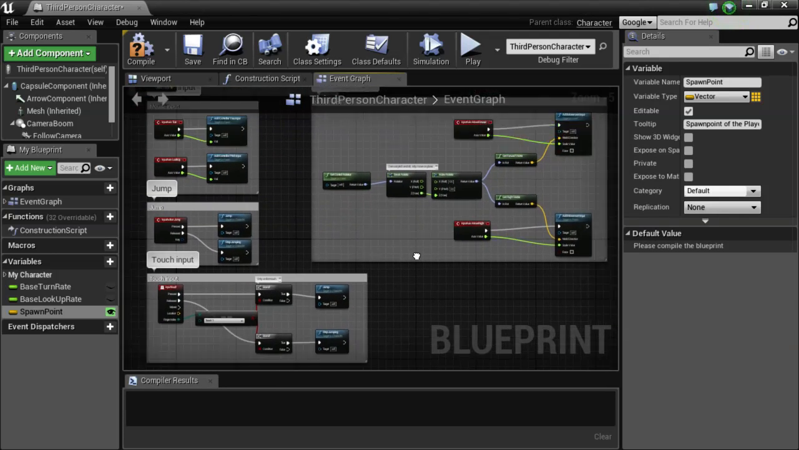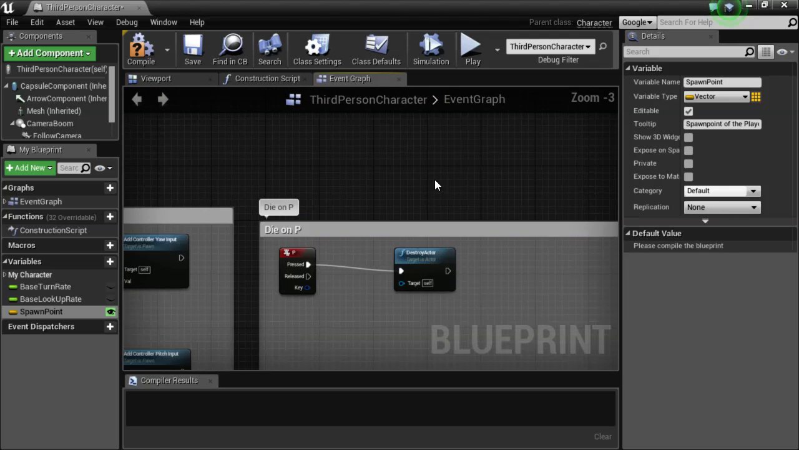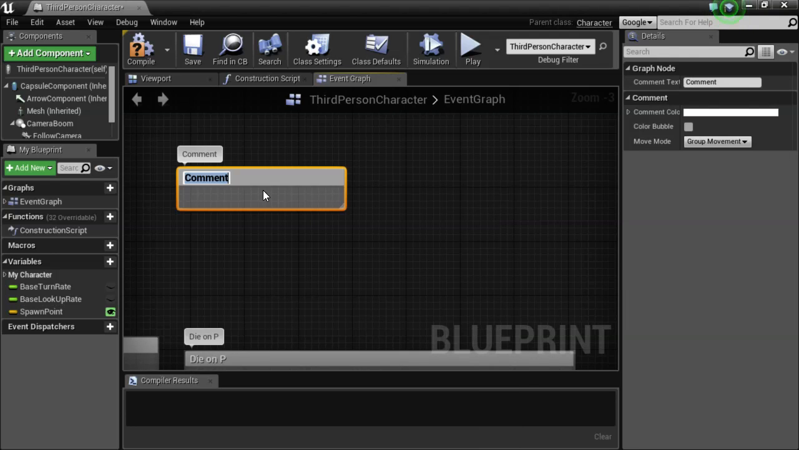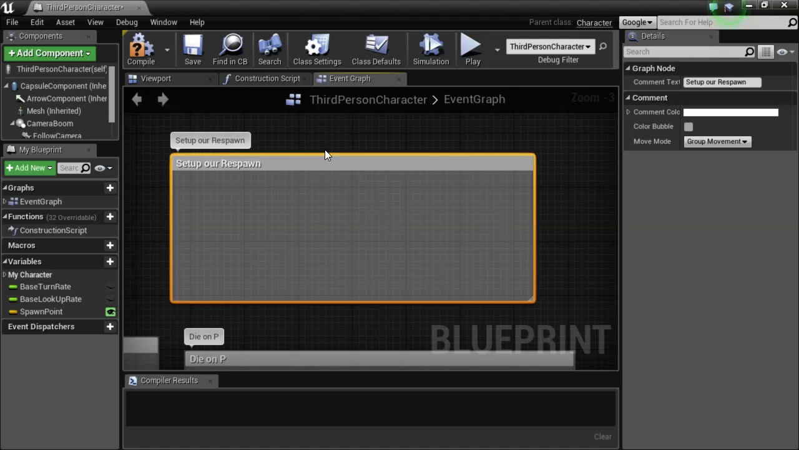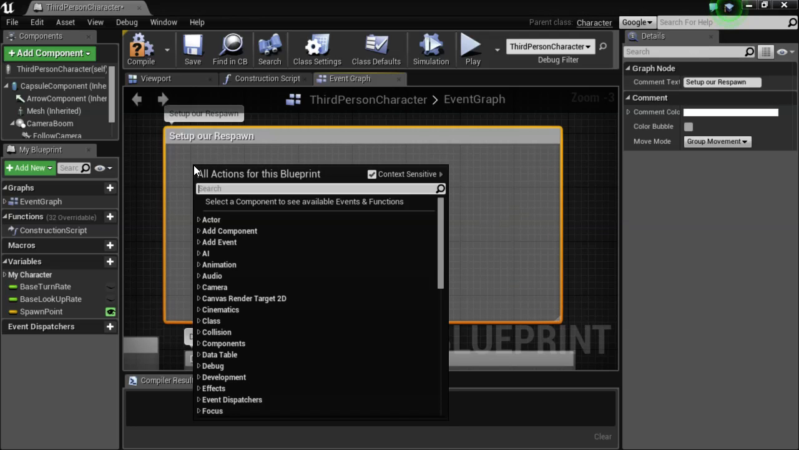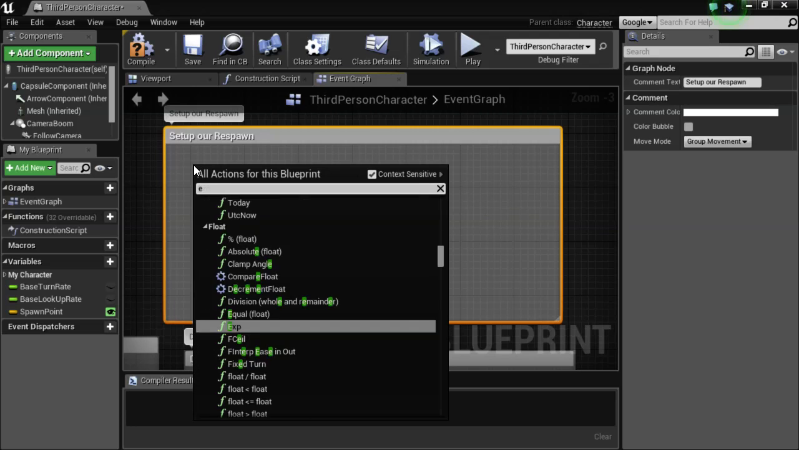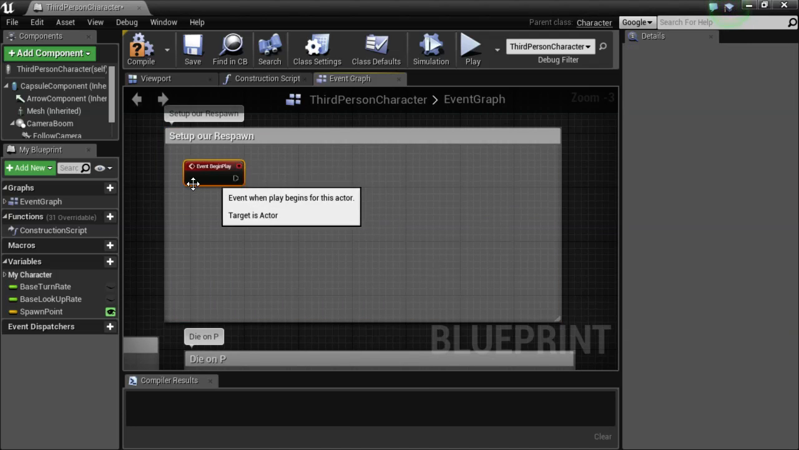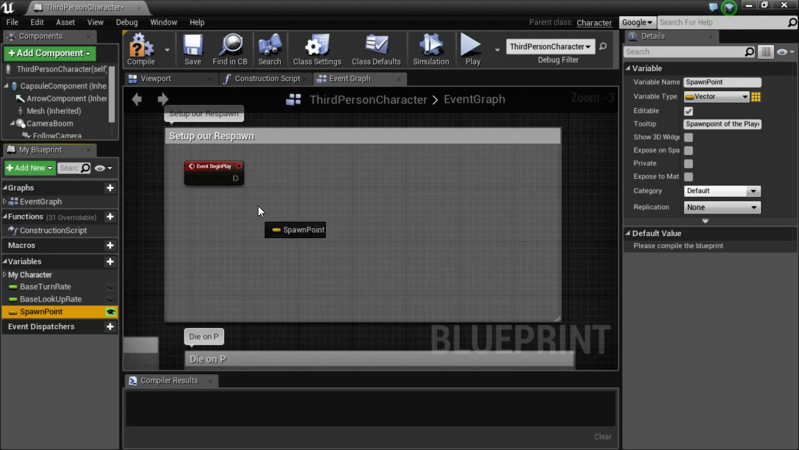So I'm going to set up a new event, begin play, and I'll start with a comment here, just like before. So comment, and this is going to be set up our respawn. And we want to set up our respawn on begin play, so I'm going to get my event begin play that runs as soon as we start playing. So when our game starts, or as soon as our character enters the world, we're going to set our spawn point